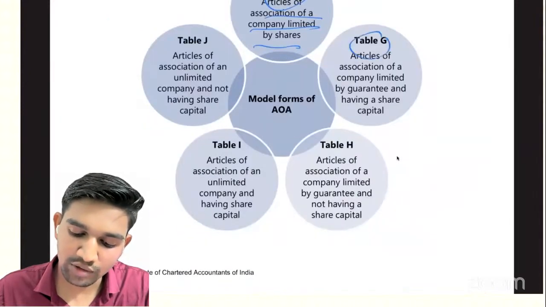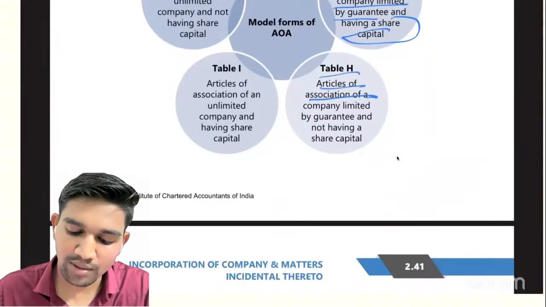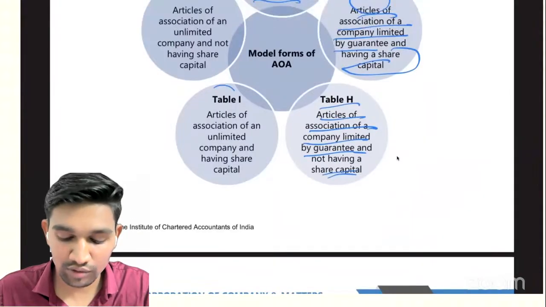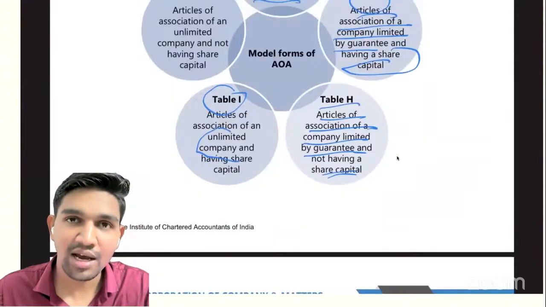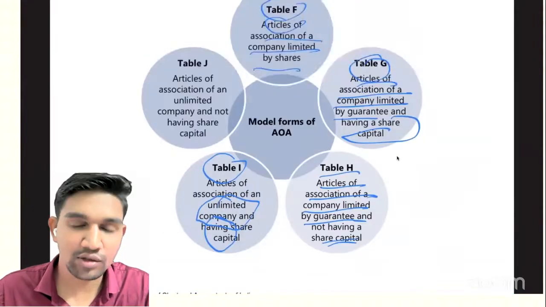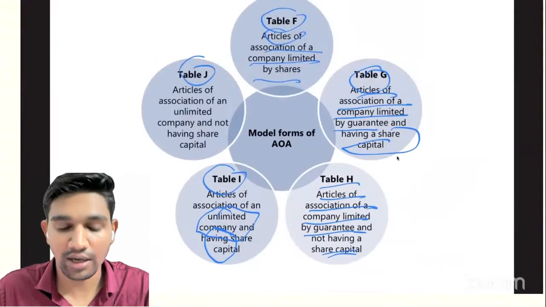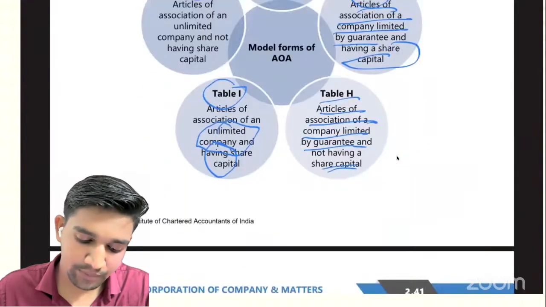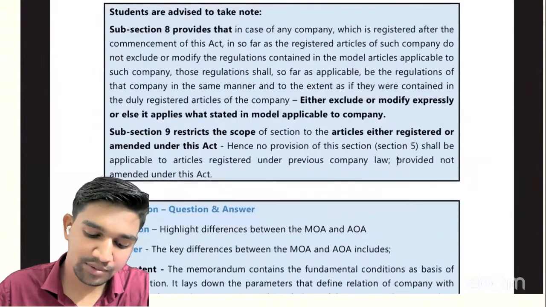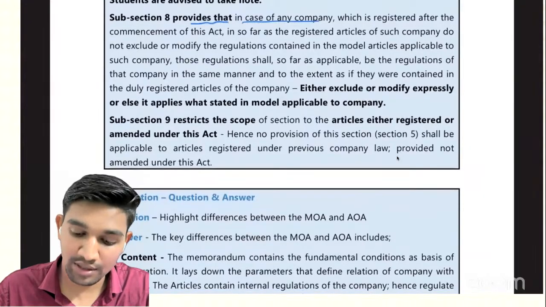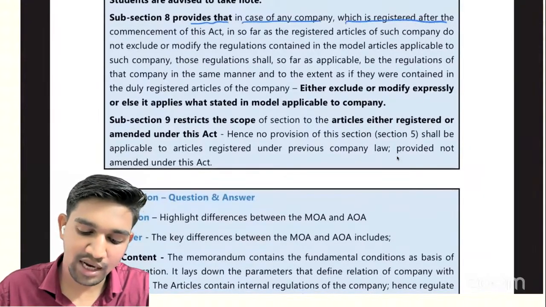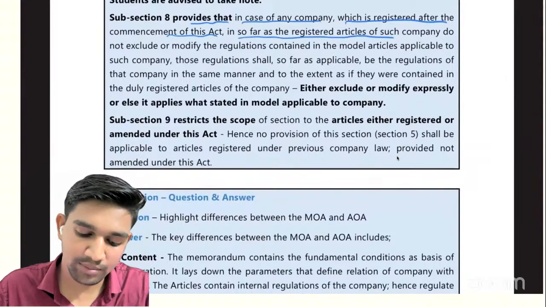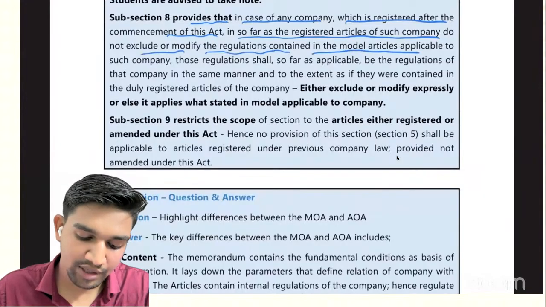Table G, Articles of Association of a company limited by guarantee and having share capital. Table H, Articles of Association of a company limited by guarantee and not having share capital. Table I, Articles of Association of an unlimited company having share capital. And Table J, Articles of Association of an unlimited company not having share capital. Now, students are advised to take note that subsection 8 provides, in the case of a company which is registered after the commencement of this Act, insofar as the registered articles of such company do not exclude or modify the regulations contained in the model articles applicable to such company,